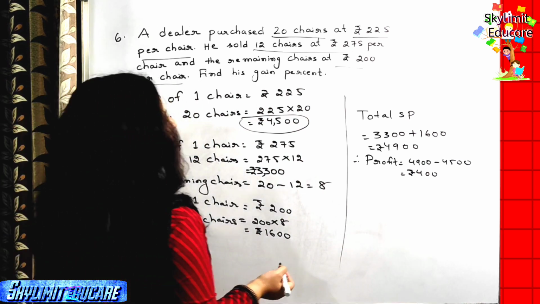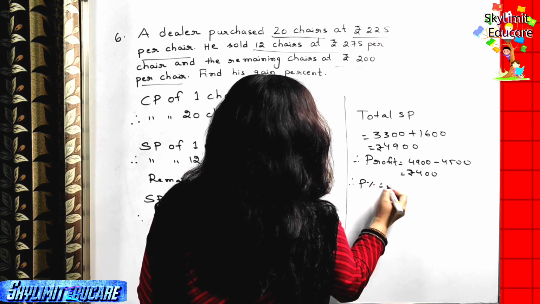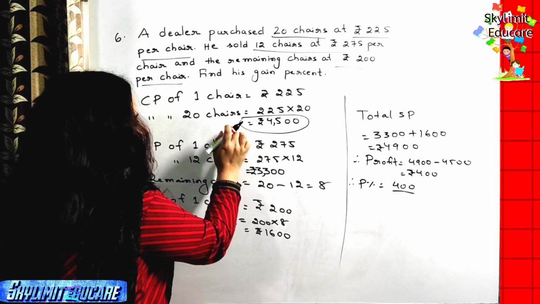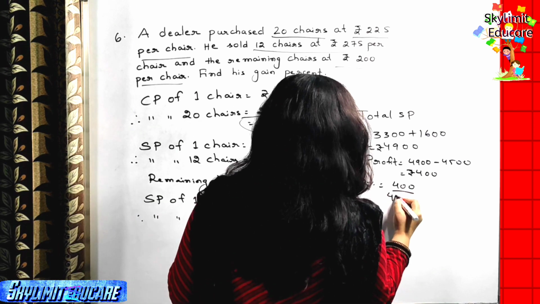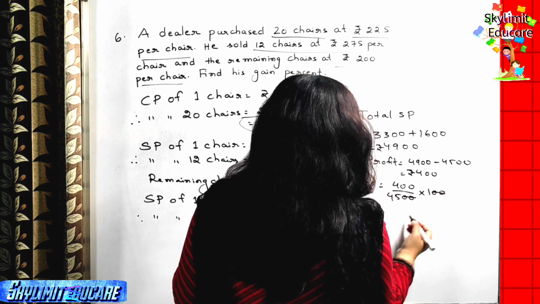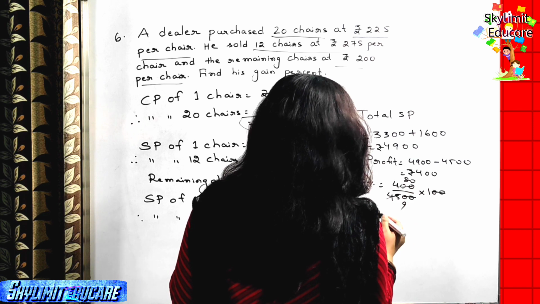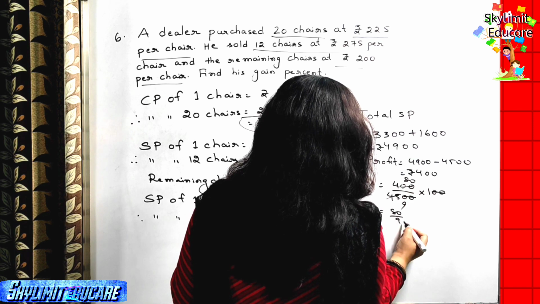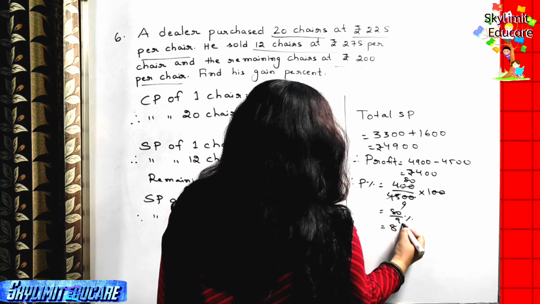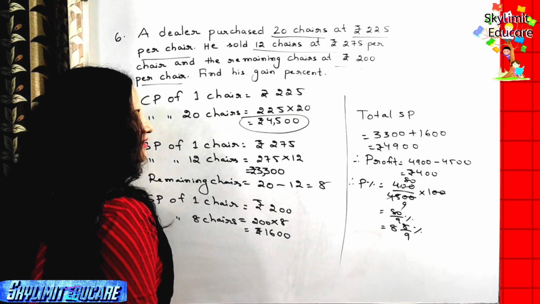Now let's find out the profit percent. Gain percent or profit percent is profit by the cost price of 20 chairs multiplied by 100. 5 9s are 45, 80 by 9%. This won't cancel out again, so you can convert it: 9 8s are 72, so 8 8 by 9%. Okay, so this is the answer.